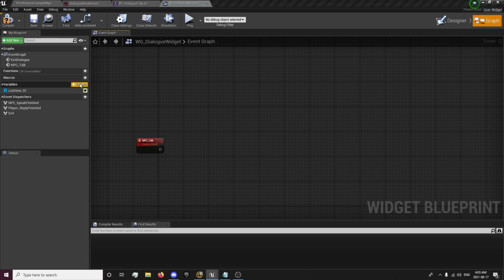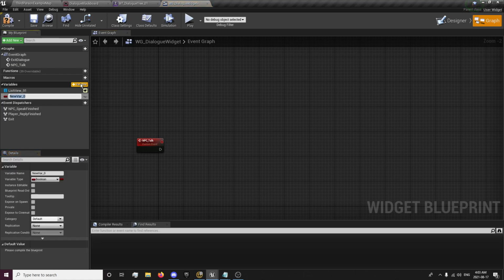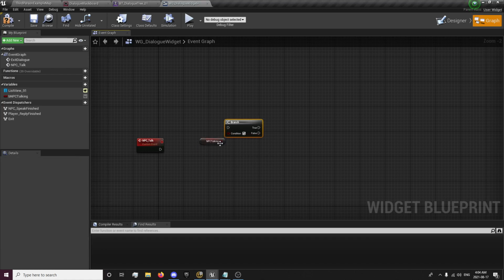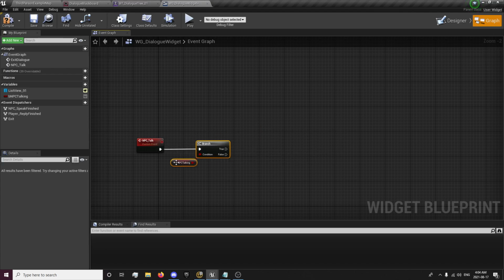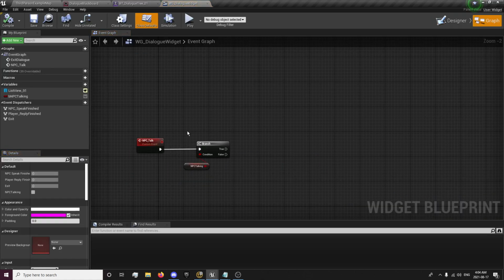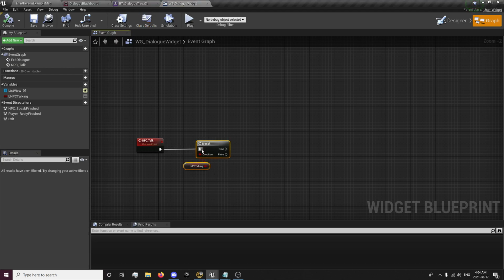And we're going to need a variable. It's going to be NPC talking. Basically, it's going to be checking if our NPC is talking or if our player is talking. So basically, this is going to be used to hide and display the widgets right here for when we're talking to the individual NPCs. So we are talking, first we're going to